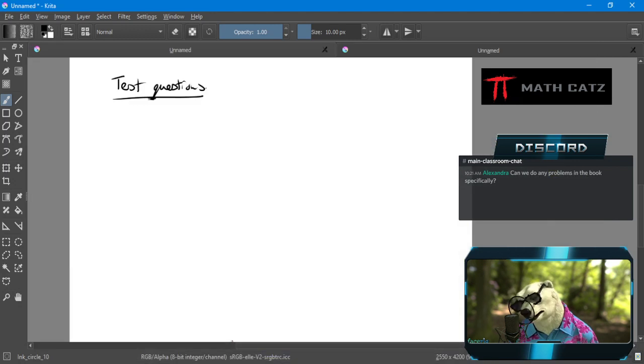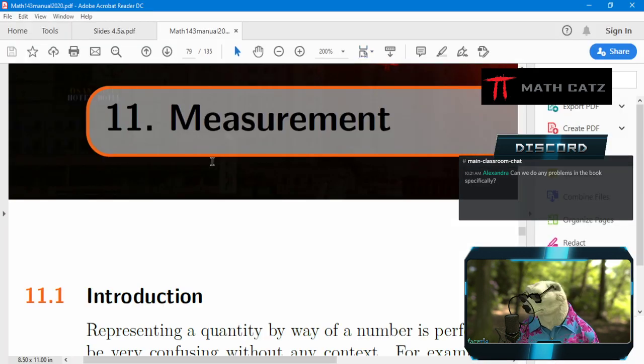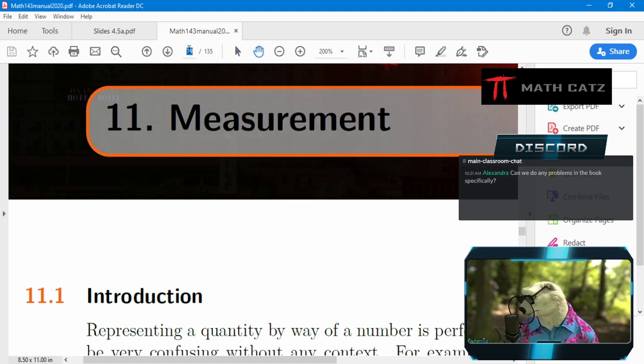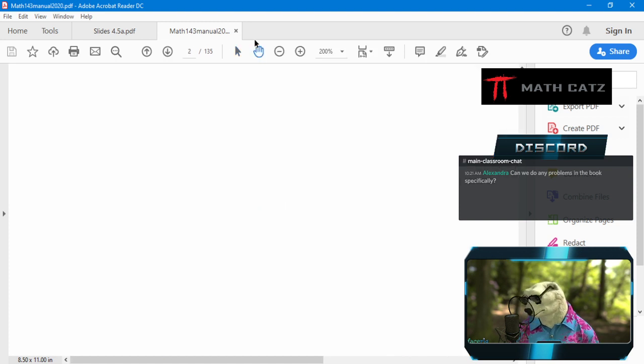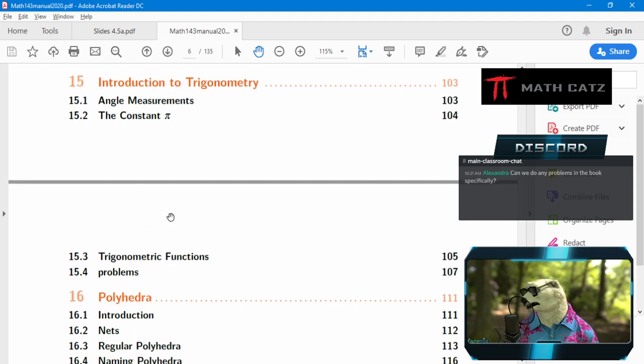I have to open the book. Hold on. Let me just open the book to cover our quiz and everything. Let me just find my book here. Okay, so